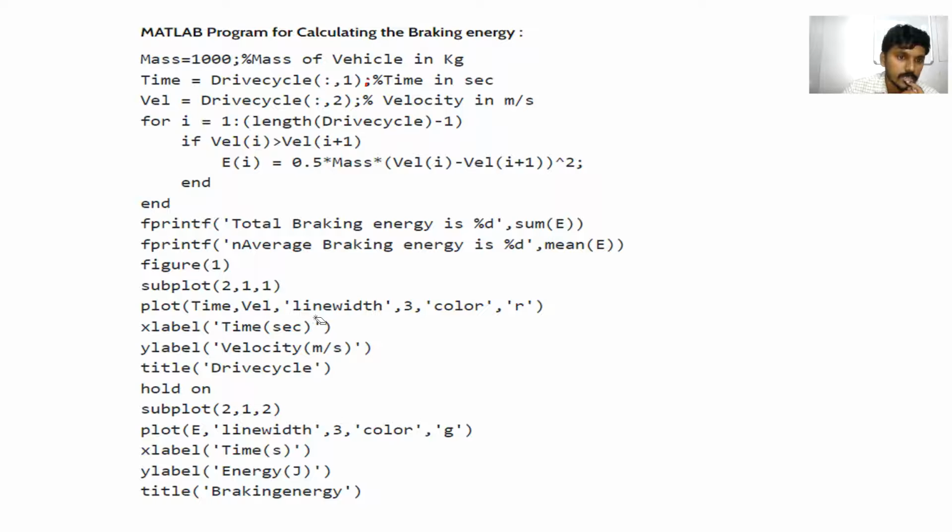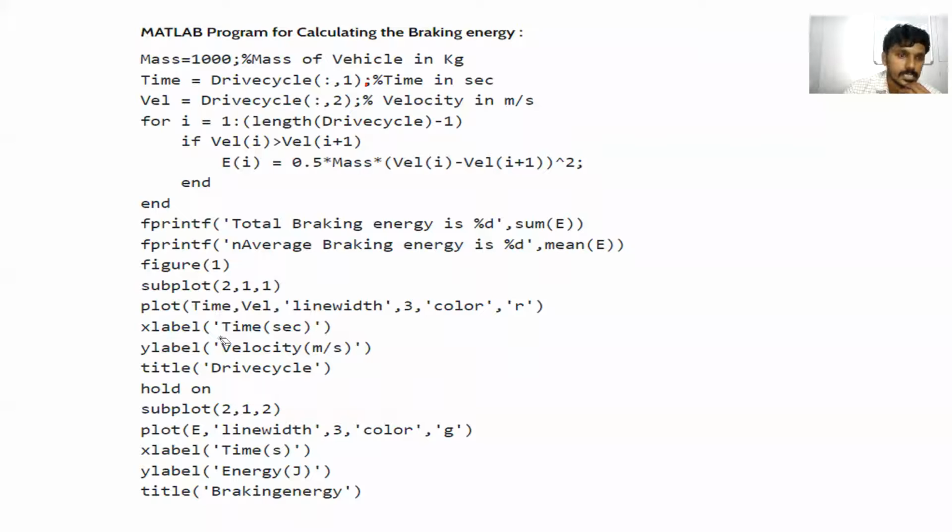Plot time, velocity. Whatever we want to see in terms of plots, in terms of display, how much energy is calculated, accordingly we have to write the program, this plot or displays. Y label, x label 1 time second, y label velocity. If you want to check the output in terms of graph, just write the plot into time comma velocity comma line width, and coloring.